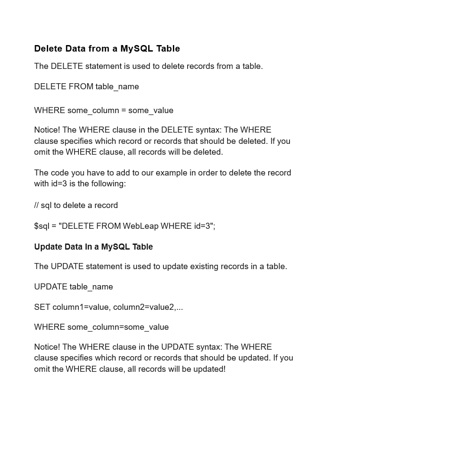Notice the where clause in the update syntax. The where clause specifies which record or records should be updated. If you omit the where clause, all records will be updated.